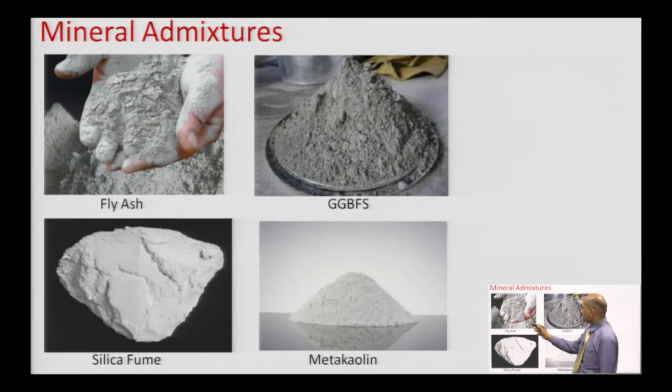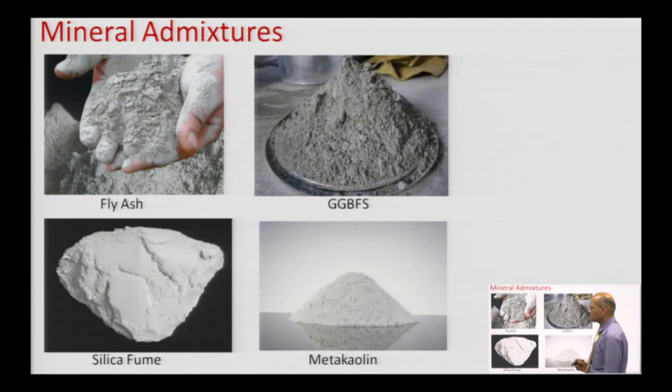So, where do we get fly ash from? Fly ash we get from the thermal power station. Okay. It has properties similar to volcanic ash. They have very good quality of silica present in that. GGBFS also has pozzolanic property, as well as cementing properties. Okay. So, these things have very high fineness, much higher than cement.